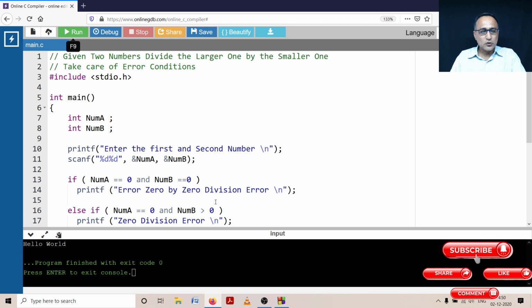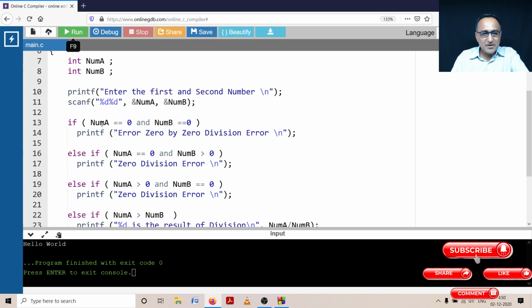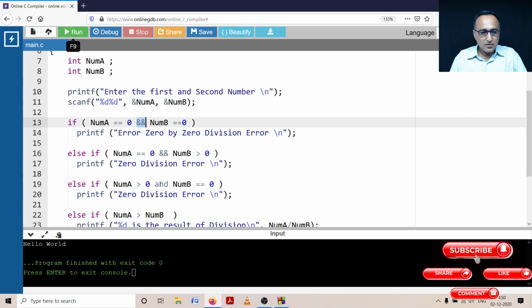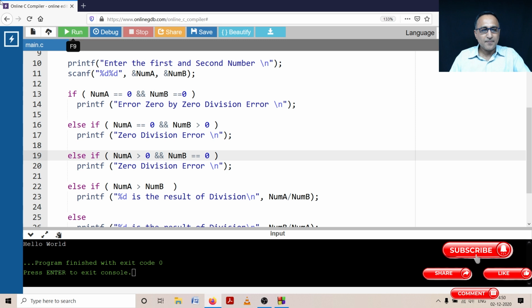All right. So what I am doing is I'm going to read in two numbers. Let us say the first time I read, number A is 0 as well as number B happens to be 0. So number A is equal to 0 and number B is equal to 0. I should not be using the English "and", I should be using the symbol. So let me change everywhere, then I'll go ahead with the explanation. Okay, now it's fine.